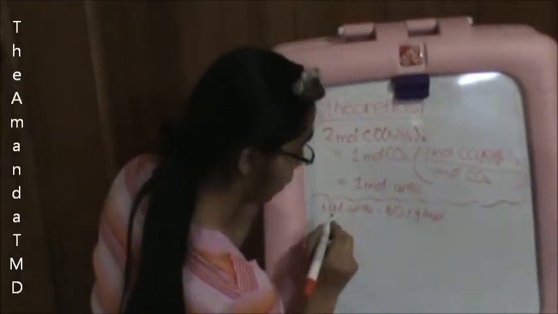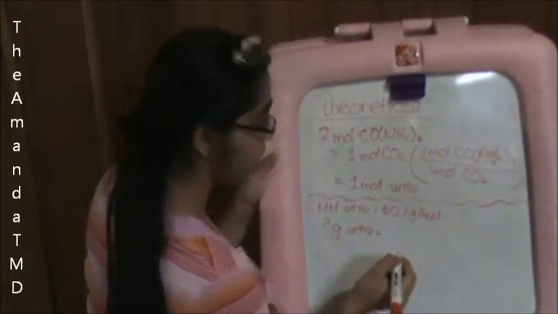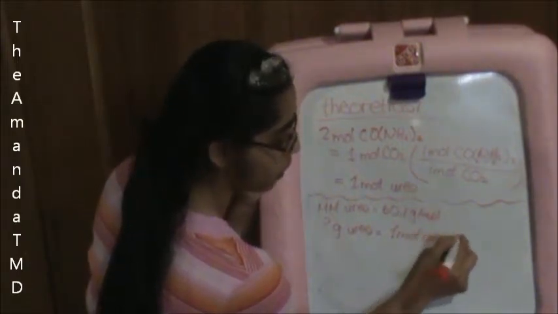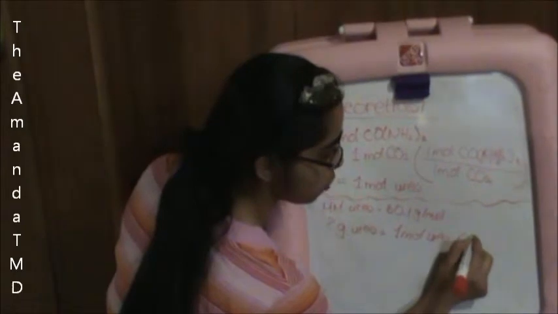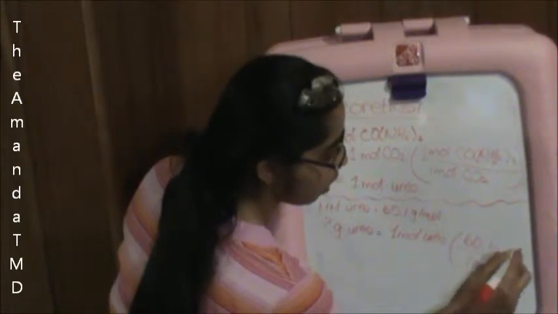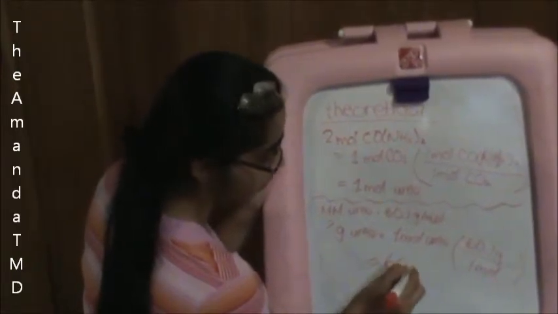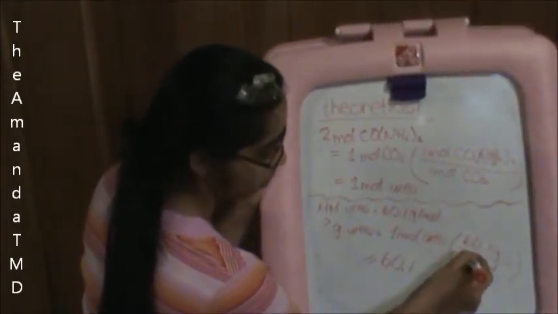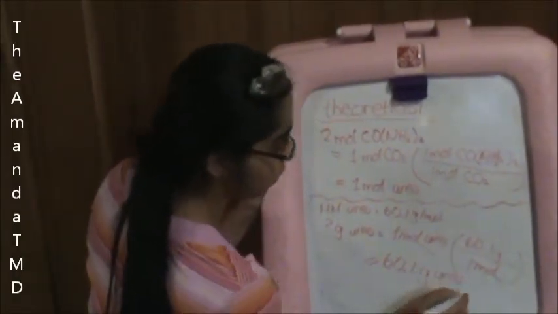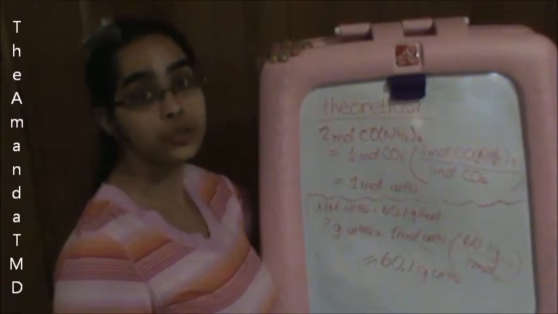So to find out what my grams of urea are, I just have to do this: 1 mole of urea that I had times my molar mass, which is going to be 60.1 grams per 1 mole of urea, which 1 times 60.1 times 1 is just 60.1. And you can see that my units cancel out, so I'm just left with grams of urea. So once you do this, once you have your grams of urea, that is your theoretical yield